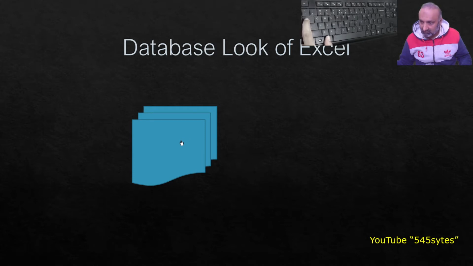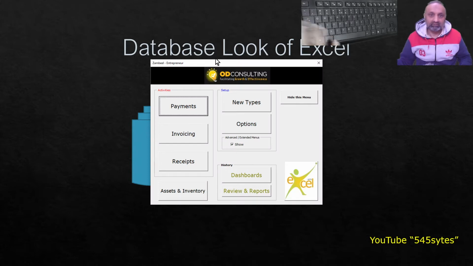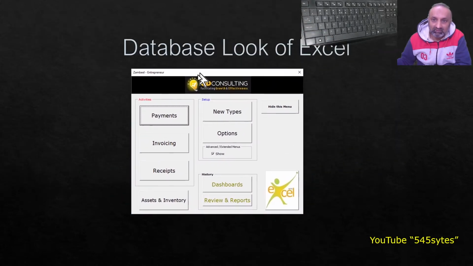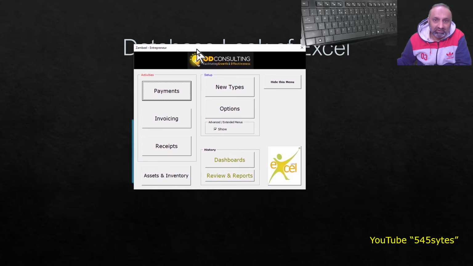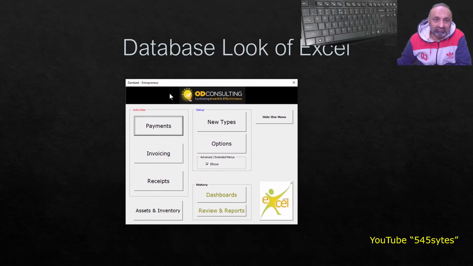Here it is. So you can see this is Microsoft Excel. So this is the database look, where it's the application look of Excel.